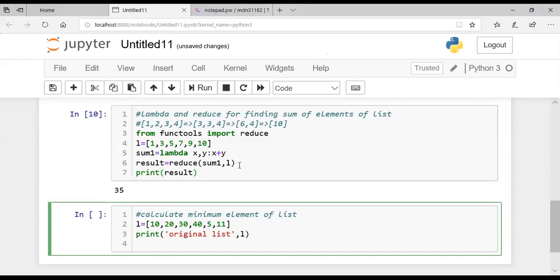Okay. Then applying lambda function. So I want to find out minimum. Min is inbuilt. That's why you can see this color change. So you just change it to mini. So minimum lambda